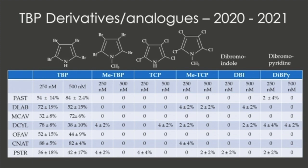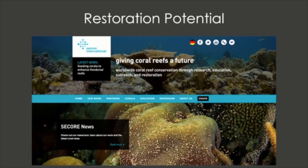You change a bromine to a chlorine, nothing. You add a methyl group, nothing. It's very, very specific. So I think it's very interesting. And as I said, we're trying to figure this out now, if this is applicable to restoration purposes. So we've been working with Margaret and the people at Secor,